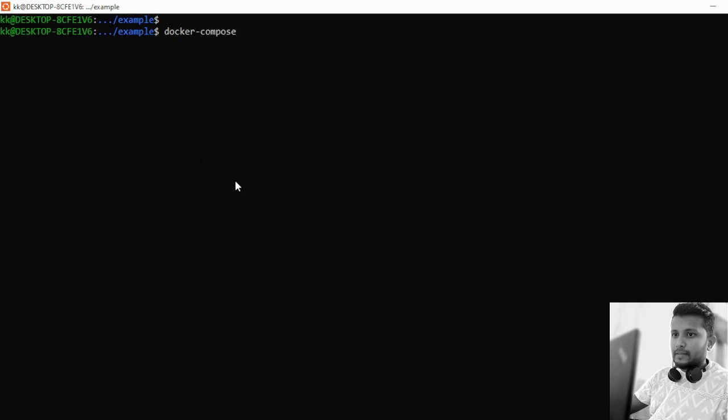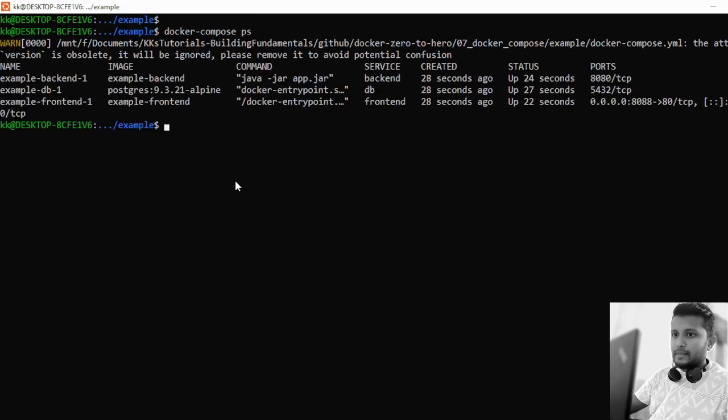The way we see the containers in general is docker ps, and the similar command is docker compose ps. Perfect. So we can see that front end is up, back end is up, and the database is also up. Okay, this is again one of the benefits of using docker compose. So we can see all the relevant containers with only one single command, and we'll also see whether the volume and the network have come up,